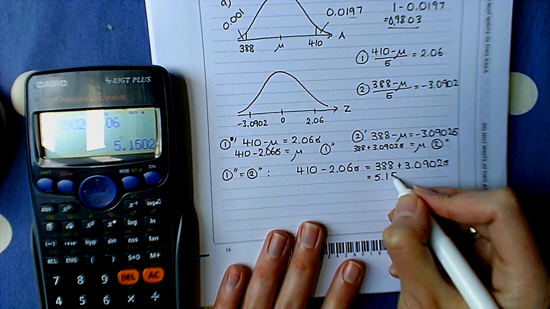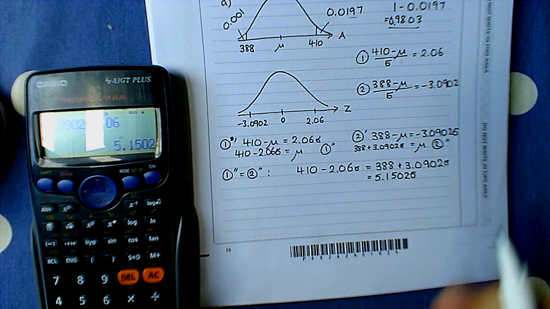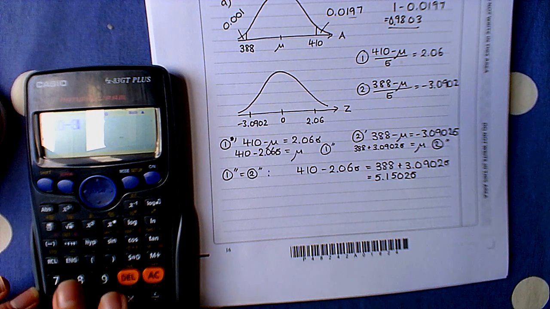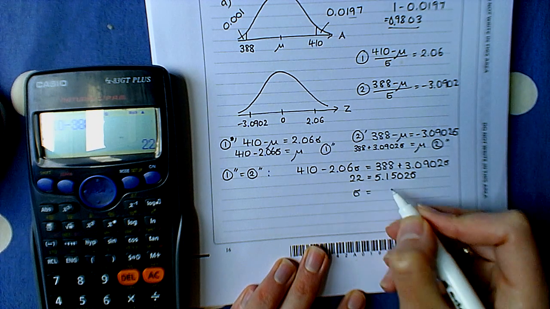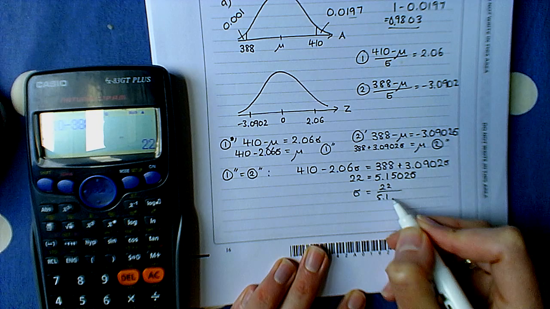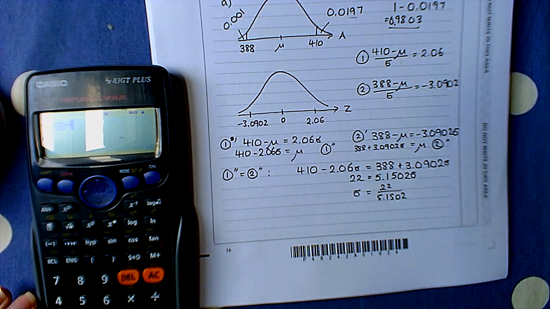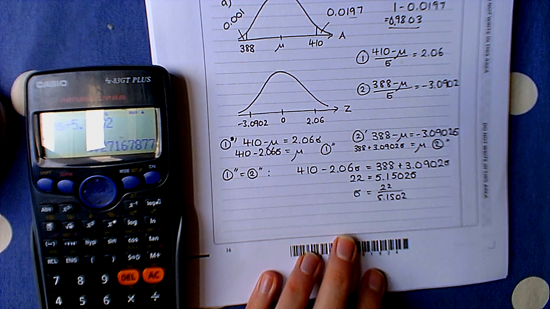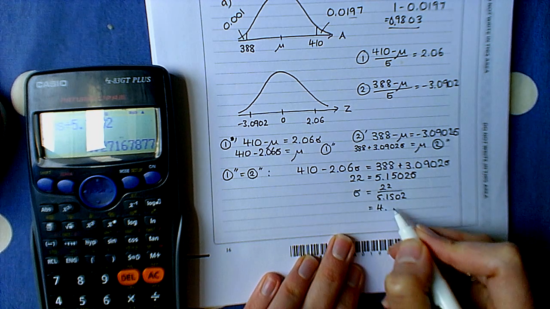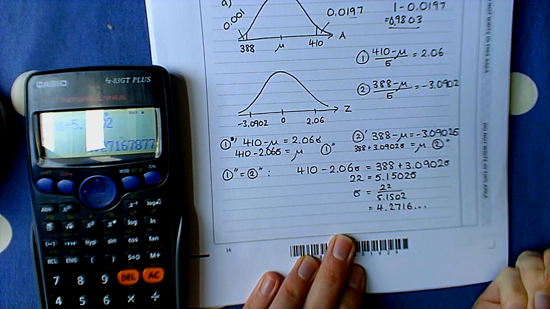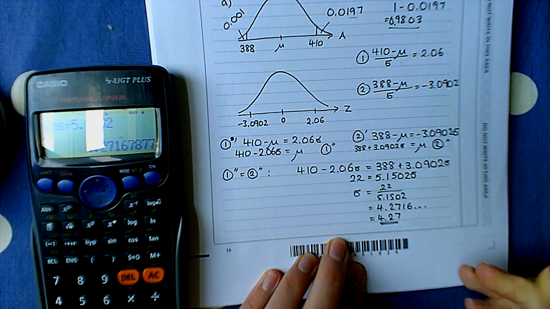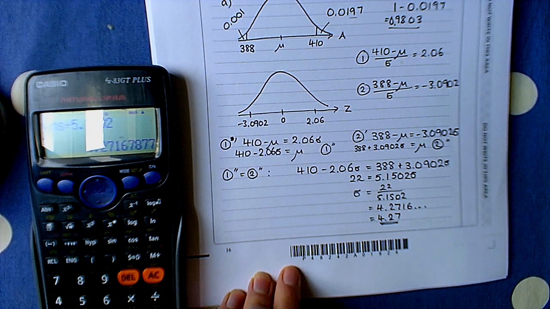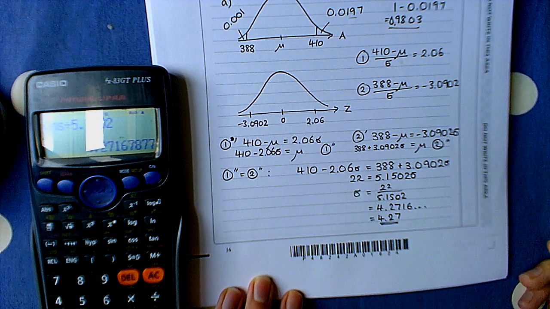So that's 5.1502 sigma. And then subtracting 388 from both sides, that's 22. And then sigma will be 22 divided by 5.1502, and we get 4.2716 and so on. So if I give sigma to three significant figures, that's 4.27. Now really I should be continuing to work underneath, but so you can see what I'm doing on the screen,